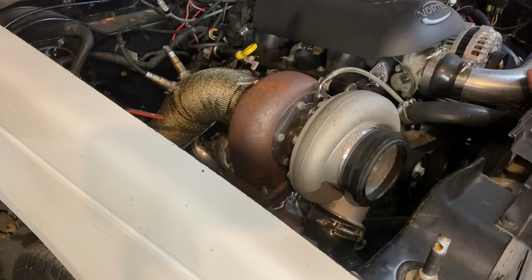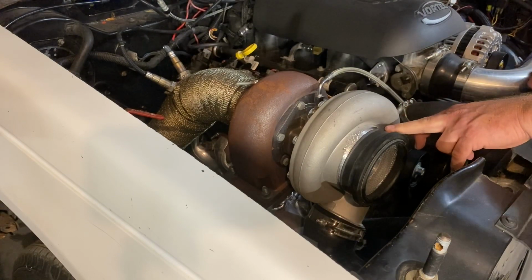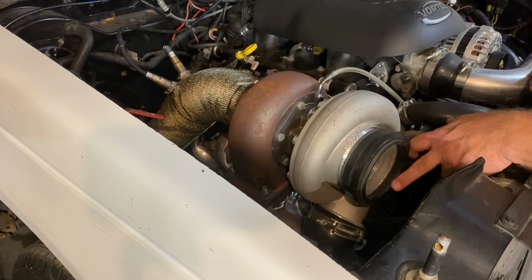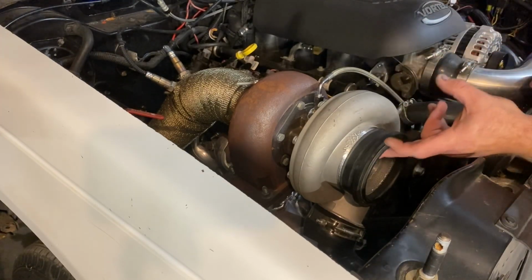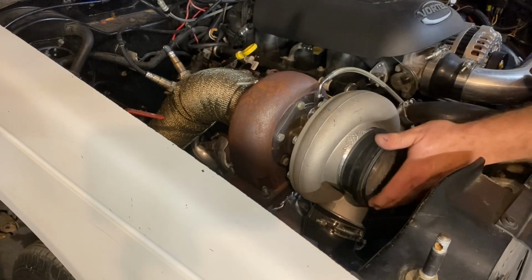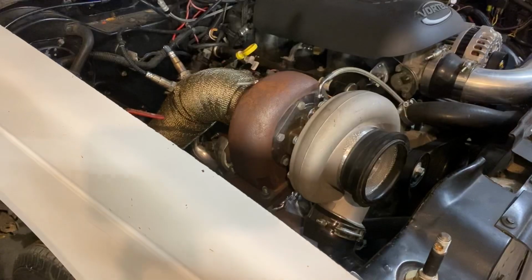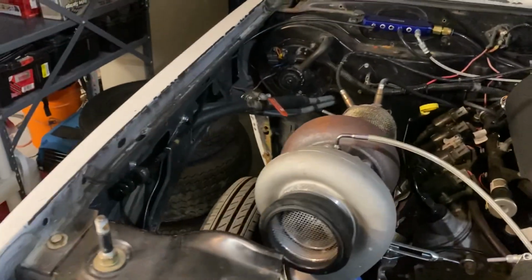And here's the added benefit I'm hoping to be able to show you guys. The way this little piece is made out of that little cheap cone shaped filter, it gives this thing a radiused entry into the turbo. Now if anybody's familiar, when you have a radiused entry into your turbo, it actually facilitates or helps the airflow coming in. And when you push this on, keeping it straight and getting it seated, it really pulls that screen nice and tight. Dude, we might be on to a Harbor Freight turbo screen